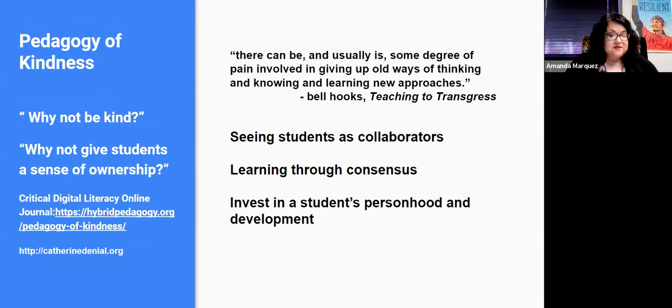Okay, so I'm going to spend a little bit of time talking about this notion of the pedagogy of kindness. As a faculty member of color, as a woman, and working in the program that I primarily teach in, which is a first-year learning communities program. I work with primarily first-year students. A way our learning communities are structured is, there's a first-year seminar course that's connected to two or more other core curriculum courses. And so, for first-year students, they have a very particular set of needs.